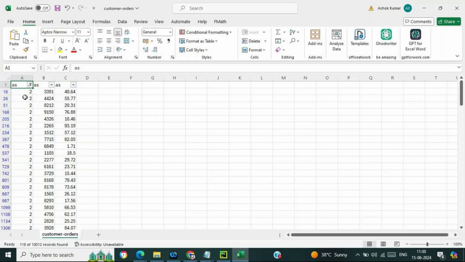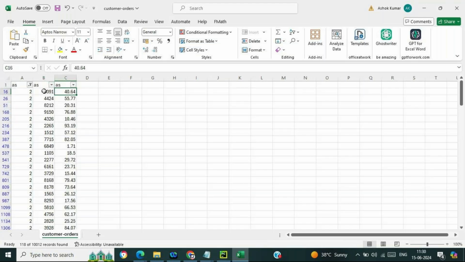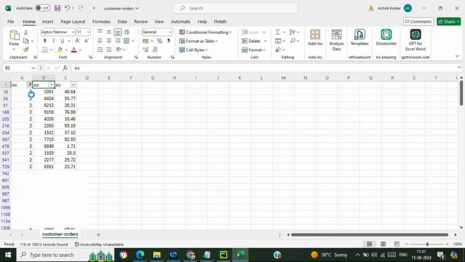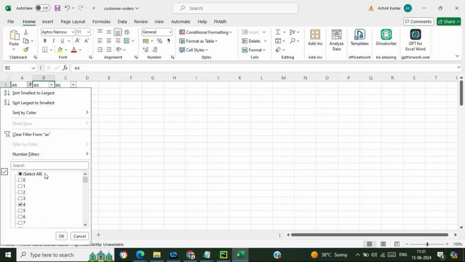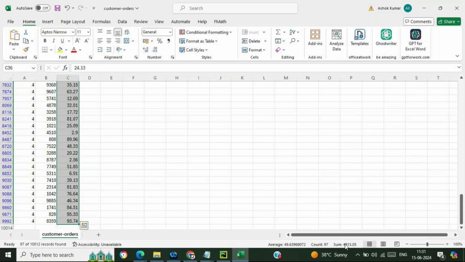So this customer has purchased this much of product. This particular customer has purchased this particular product, and the amount spent is 5994. It is the similar case with others as well. This particular customer has spent this much of money, 4815.05.